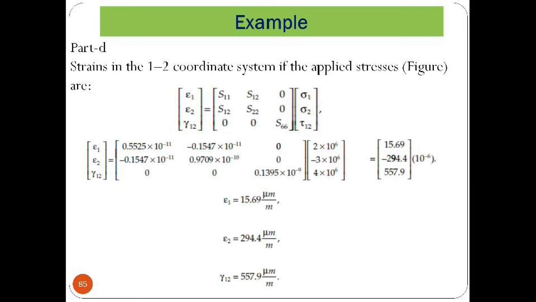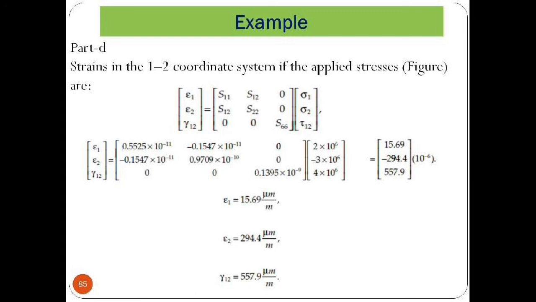Now each and every part has been calculated in this numerical, and the reduced stiffness matrix is abbreviated as Qij. This Qij matrix has to be used in order to calculate the different radii of curvature and the strains for the laminate calculations. So finally the Q matrix will be used for the macromechanical analysis of a laminate, and we have to calculate this Q matrix similarly for the second ply, which is at an angle of 30 degrees, and the third ply, which is at an angle of minus 45 degrees.